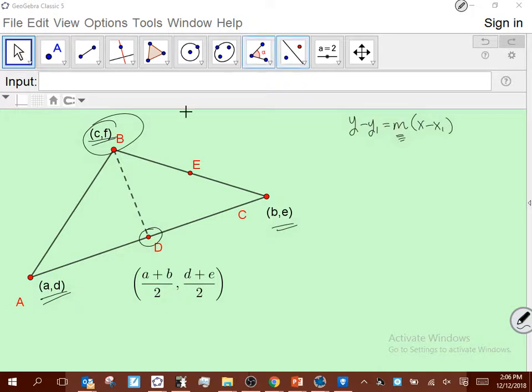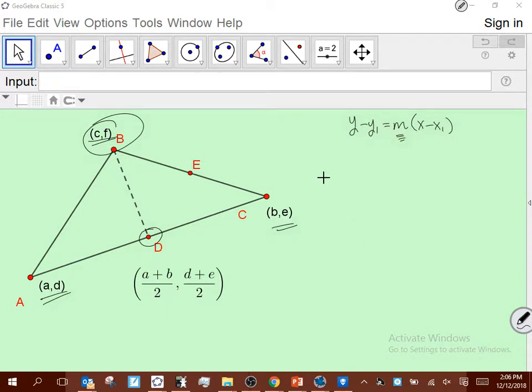2. Okay, so this point, C, F, I knew. This one I didn't, but I know D is a midpoint, right? So I can take that X value and that X value and divide by 2. I can do the same thing with that Y value and divide by 2. So now if I wanted to find the